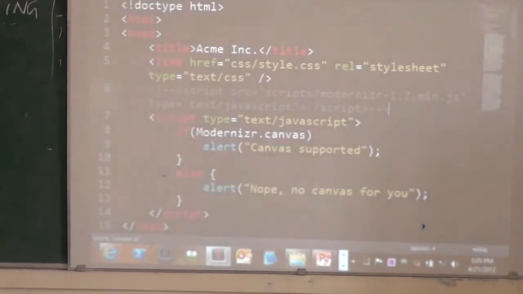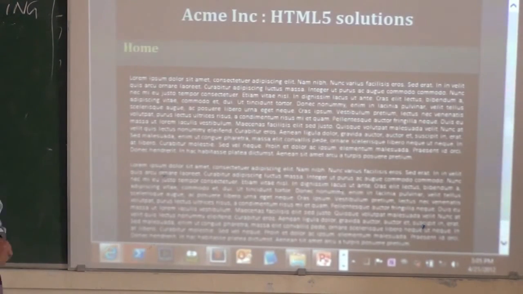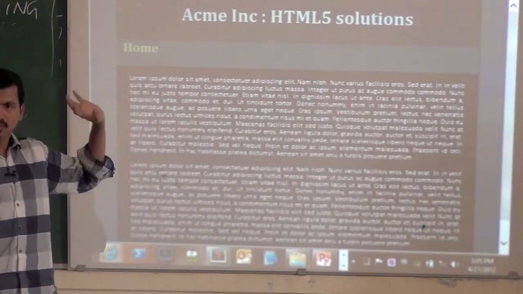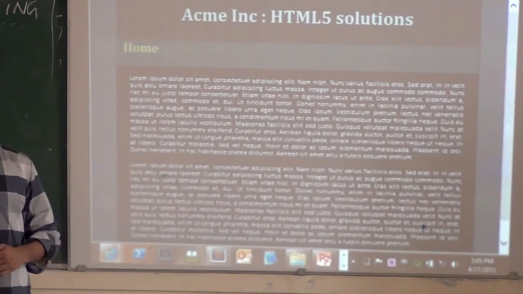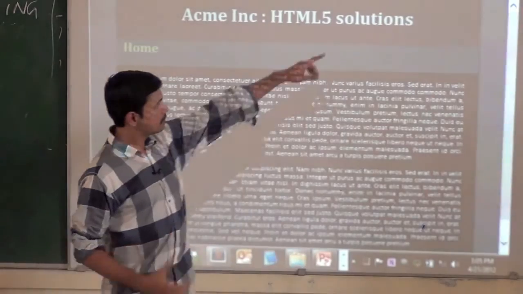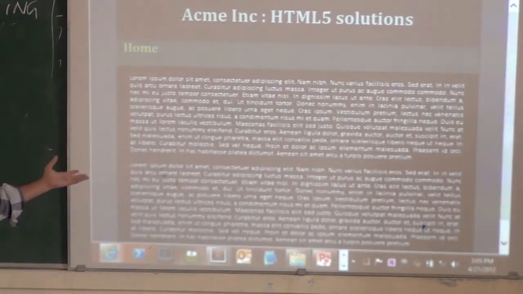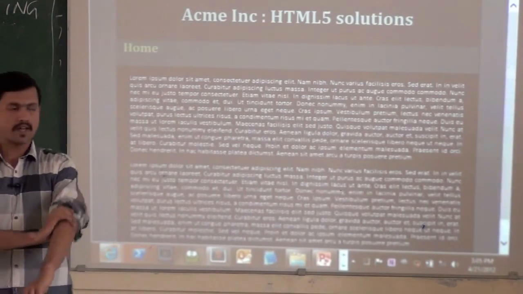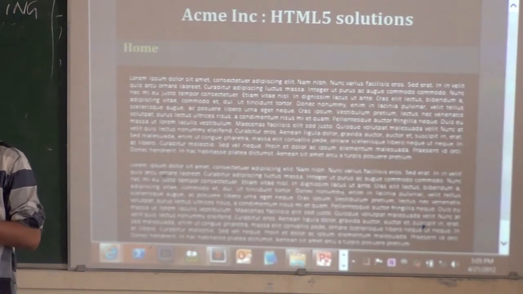So let's see what happens when I just go and include Modernizer. And then I go and hit F5. You can see that this looks more or less similar to what we had in the IE10 case, right? There are some differences. I don't get border radius, I don't get shadow, but that's fine. In fact, that's another thing that we can probably